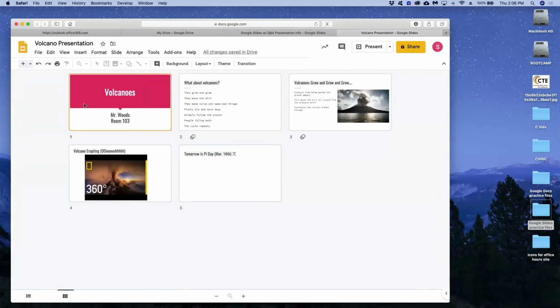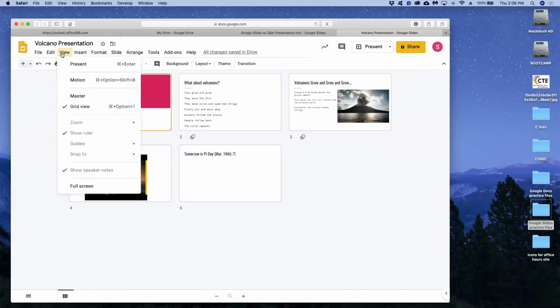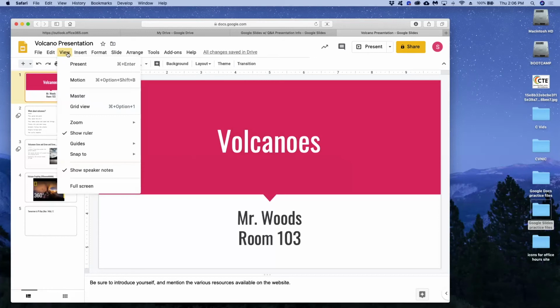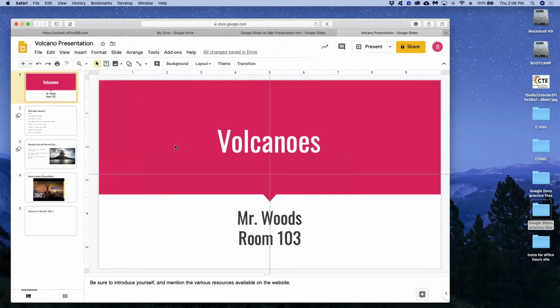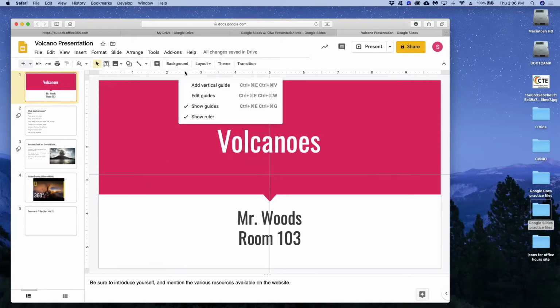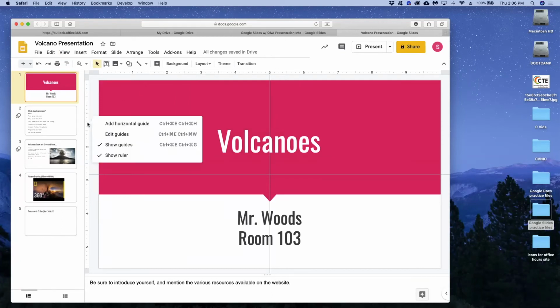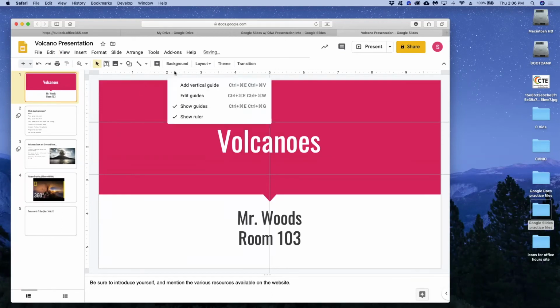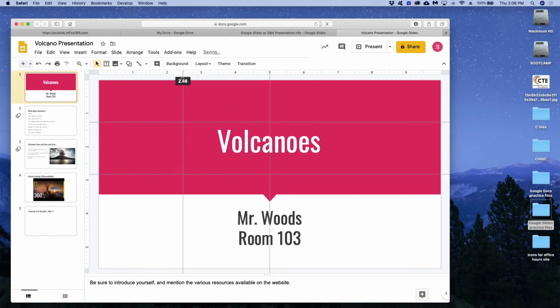There's a grid view available for you, so you can see the entire presentation in grid view. And if I click it again and undo that, it'll bring me back to the normal view. If I don't want these rulers right here on the top, you can get rid of them right here by toggling on and off. There are guides. The guides will show you initially what the center looks like, but if that's not good enough for you, you can actually right-click anywhere on any of these, and you can add another guide anywhere you want. And you can move it to the exact position you want so that visually you know where the 1 inch is and the 2.5 inch. And you can put content in and snap it to those guides. And when you're done, you can click right here